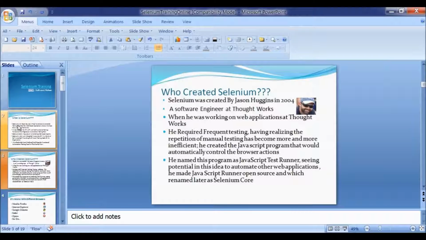Who created Selenium? Selenium was created by Jason Huggins in 2004, a software engineer at ThoughtWorks. When he was working on web applications at ThoughtWorks, he required frequent testing, and realizing the repetition of manual testing had become more and more inefficient,